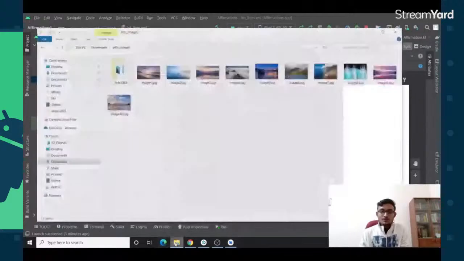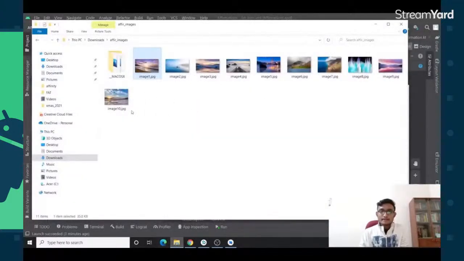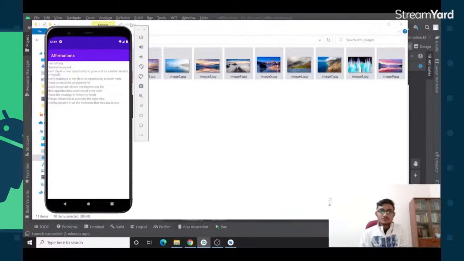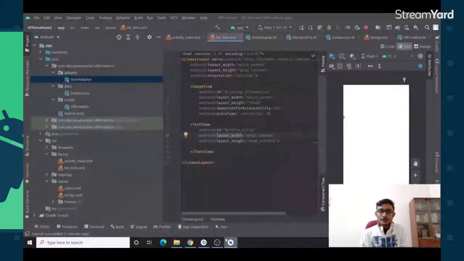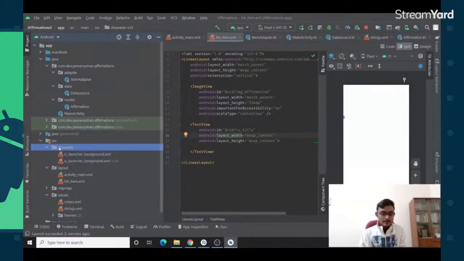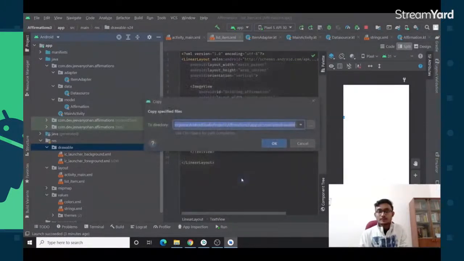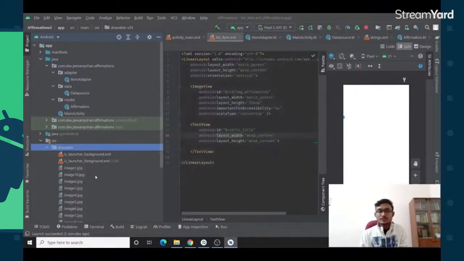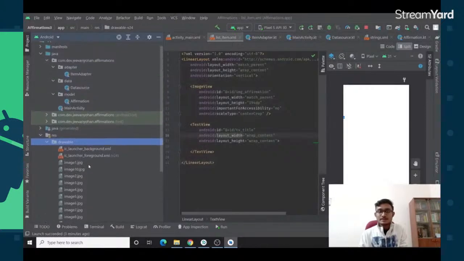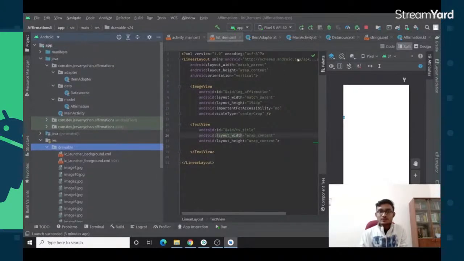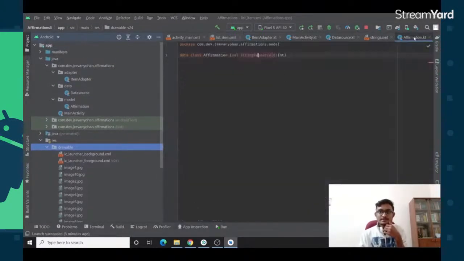I hope you have downloaded all these images. Let's select all these images, copy, come to our Android Studio project, go to this res drawable folder, and inside this paste, make sure that you select this drawable, not drawable version 24 or something. Just select drawable and click OK, and then again OK. Then you have all the 10 images in here,